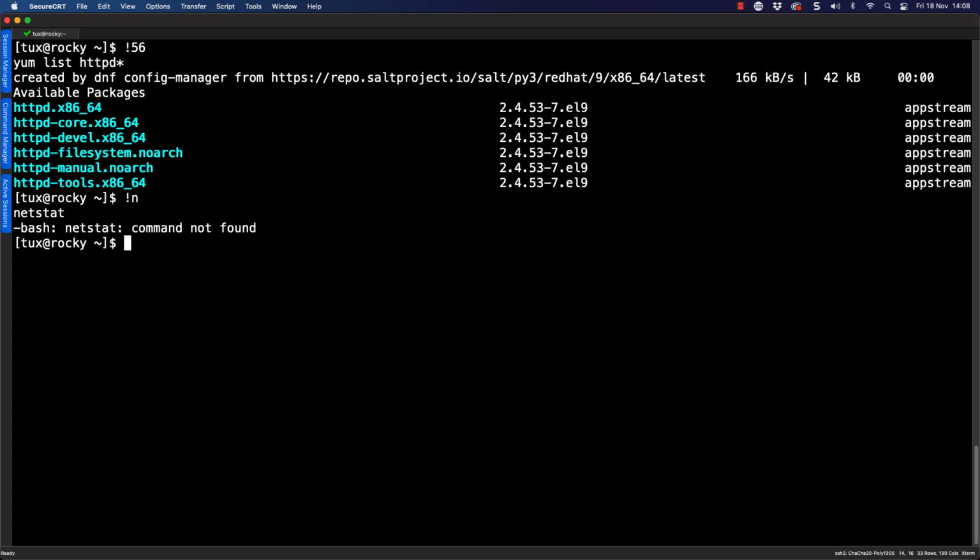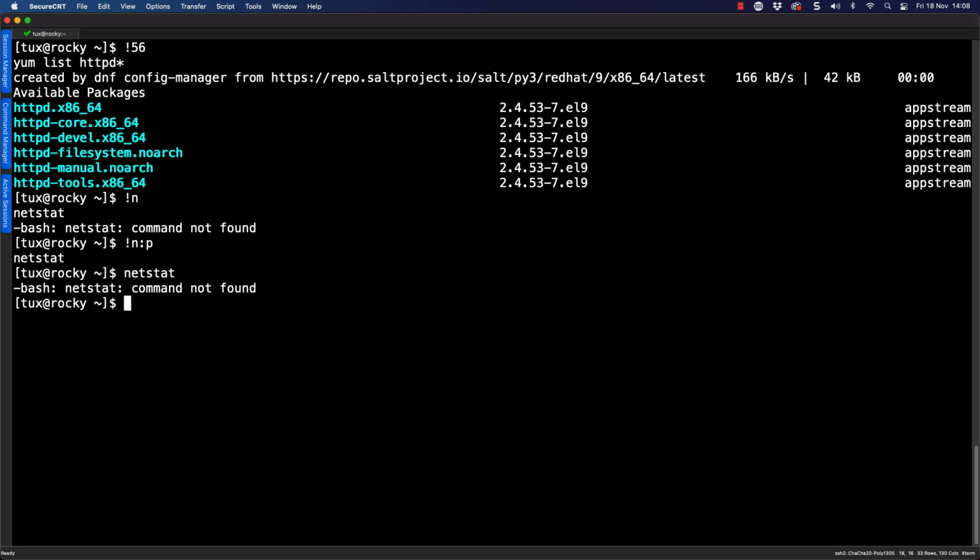Yes, there is. There is a little known modifier that we can use with this element of our history to print the history first. So if I go back and repeat this using !n:p, it will do a no operation and will just print the command that would have been chosen. That is now current in my history, and I just need to use the up arrow key and run it again. Of course, I don't have netstat installed, but we can see being able to rerun that command. So that's really useful if you want to avoid the Russian roulette scenario.